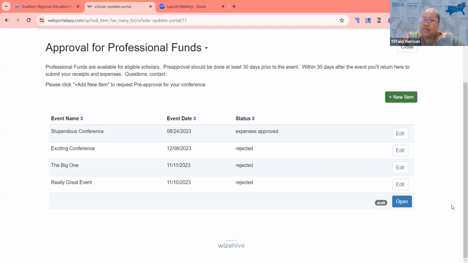And so if it's been about 2 weeks and you haven't seen your status change from, I think it's like blank or submitted to pre-approved, shoot me an email to make sure that I have seen it or that it has actually come through. Now, this is where you will do everything related to professional funds. So I'm actually going to get this one for Stupendous Conference because I figured that'd be a great example